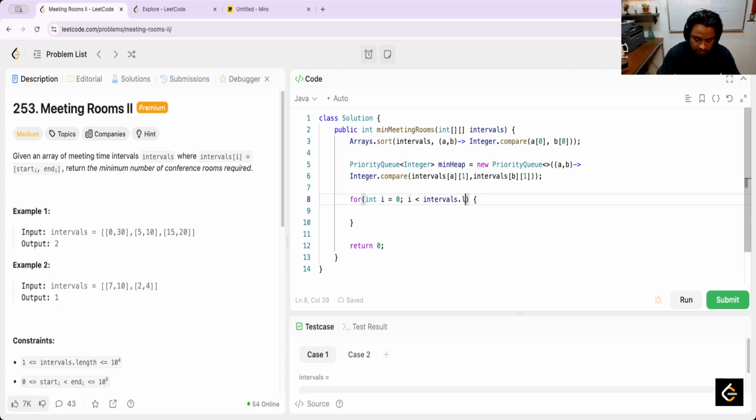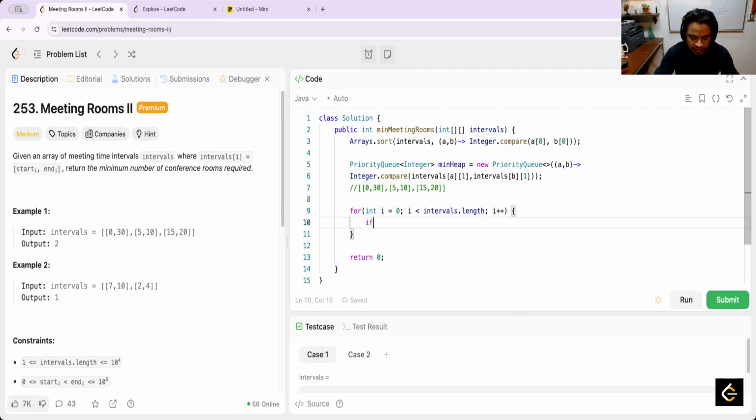I less than intervals dot length, I plus plus, and now I iterate. In this case, for example, I receive in this order the first, that in this case